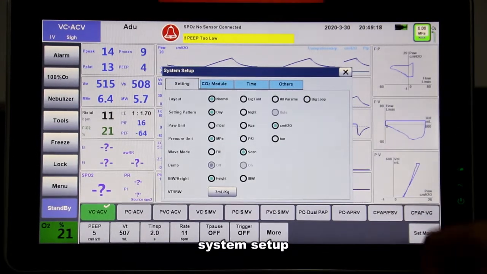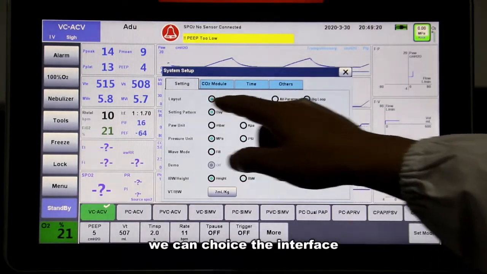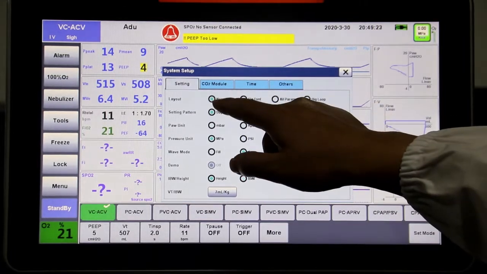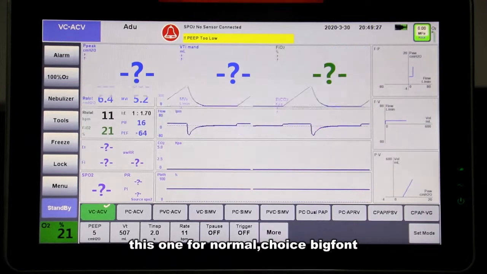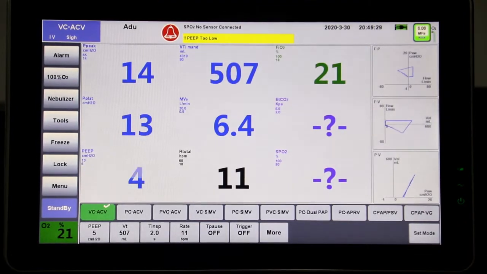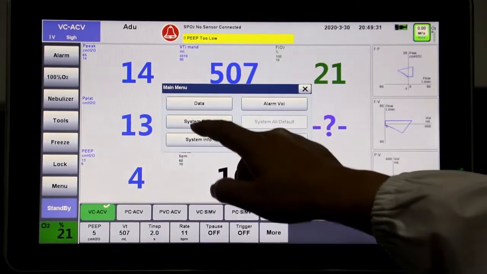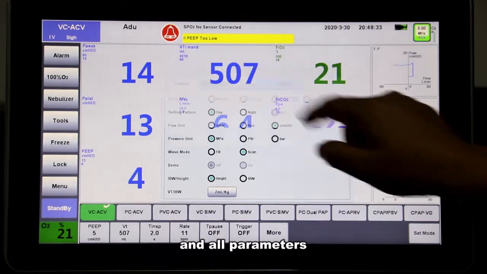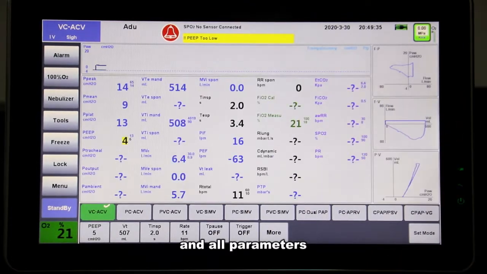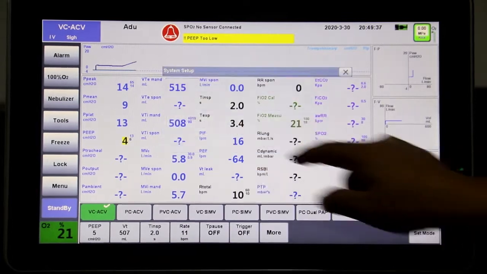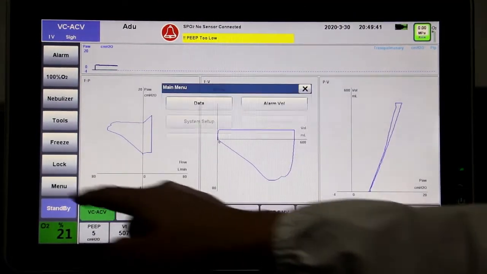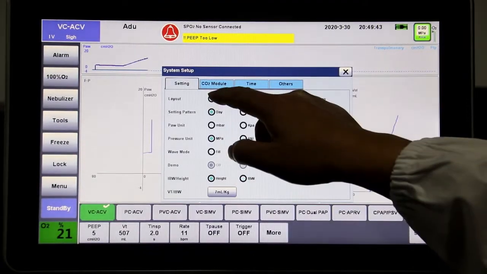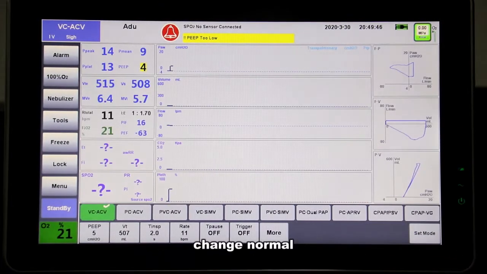System setup, we can choose the interface. This one for low, we choose big font. And all parameters, big loops. Change back to normal.